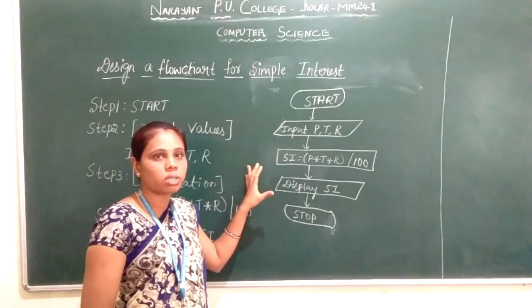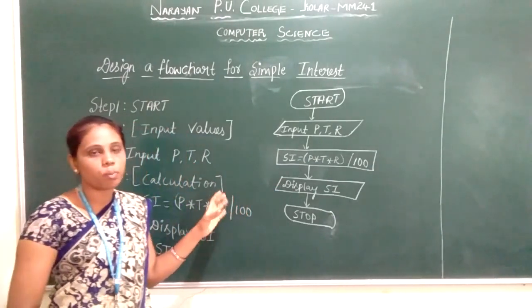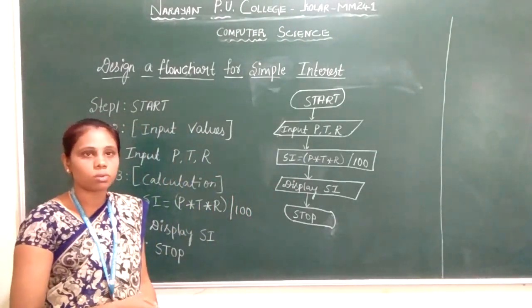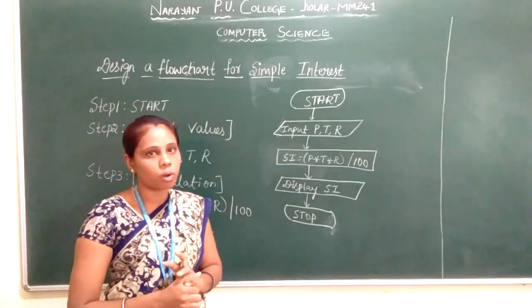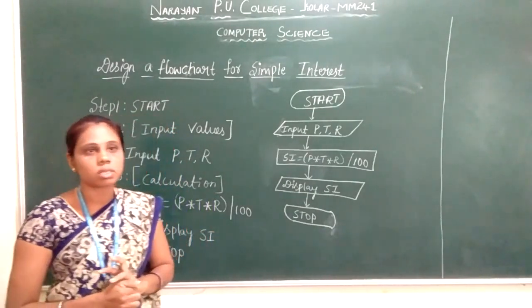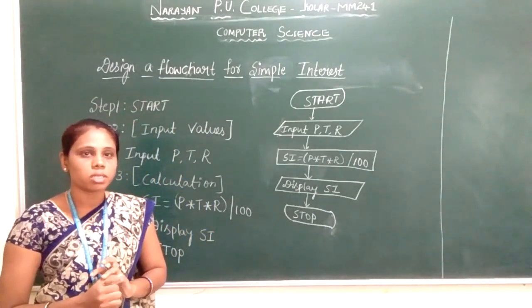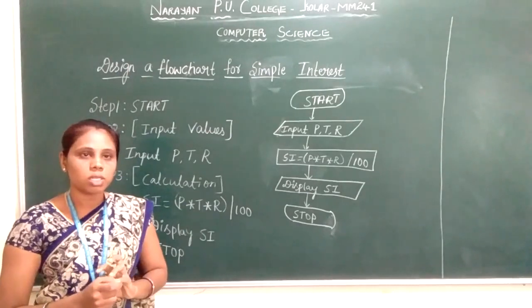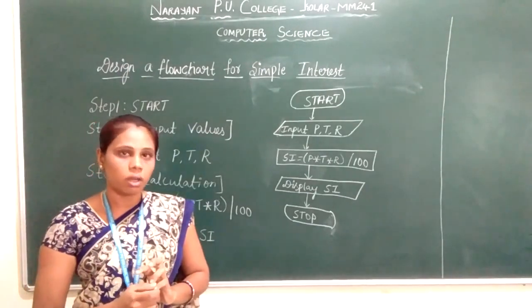So in the next class we will discuss few more flow charts, few more examples for flow charts. Now I will just have a revision of today's class. In today's class we have discussed about the stages involved in problem solving, and next we have discussed about flow chart. Flowchart is nothing but it is a pictorial representation of an algorithm. Means it is a diagrammatic representation or pictorial or graphical representation of an algorithm.